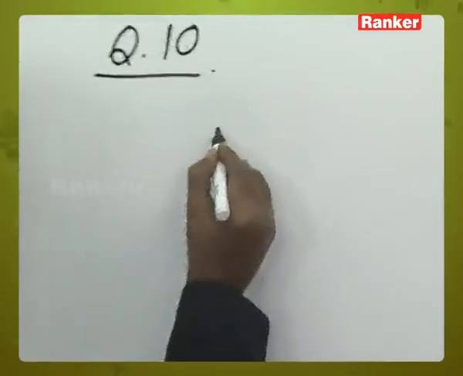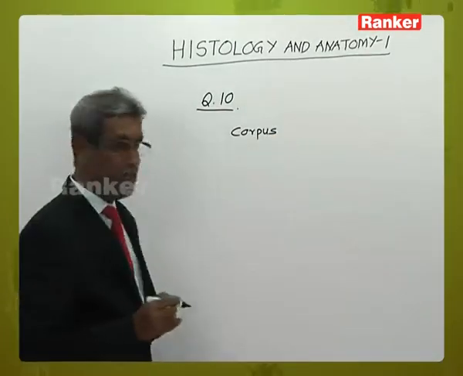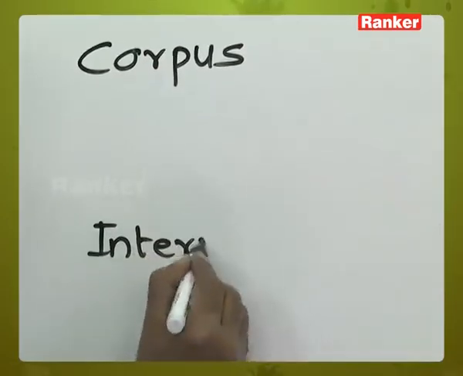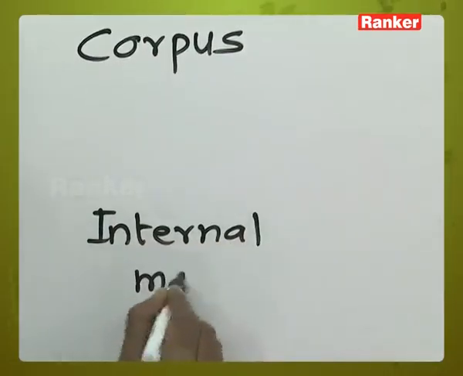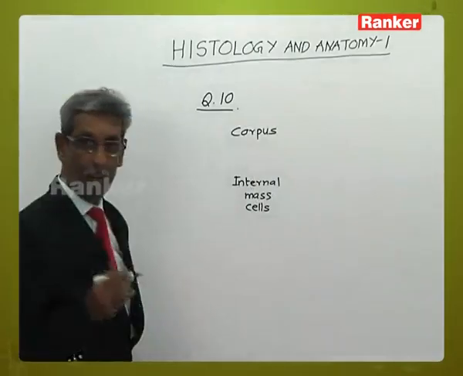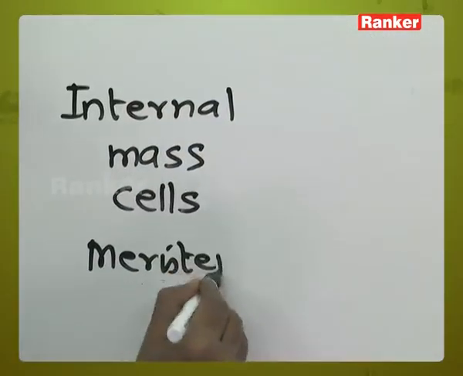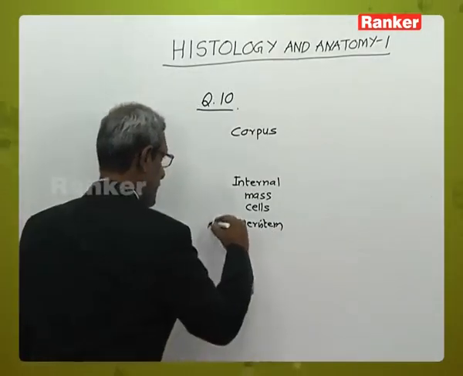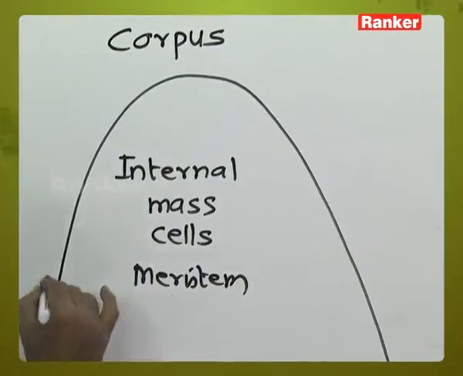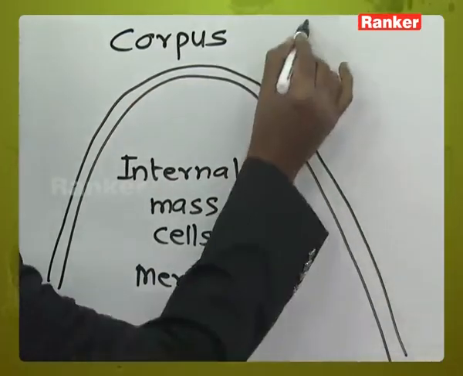When we take corpus, corpus relates to the internal mass of cells in a meristem. So, if the meristem in the shoot apex is spherical, and we already know the outermost part of the meristem is called the tunica,